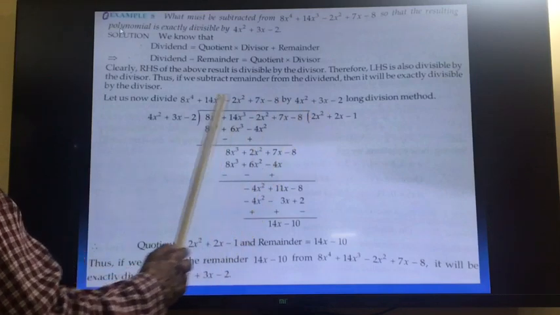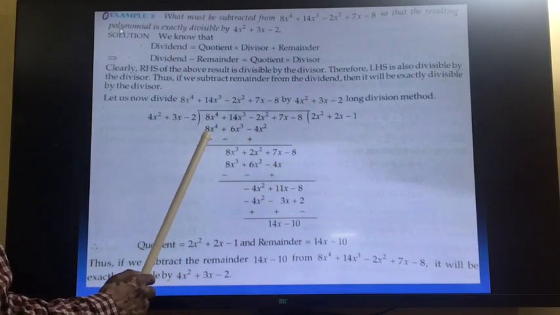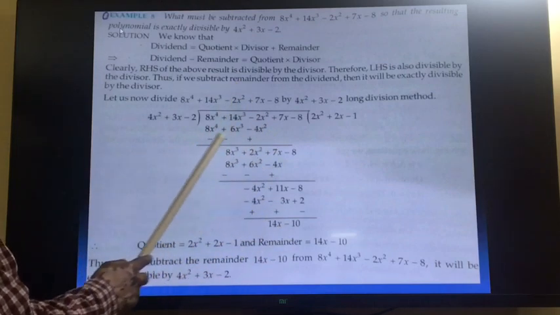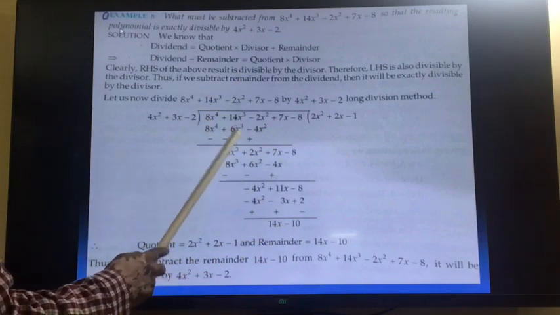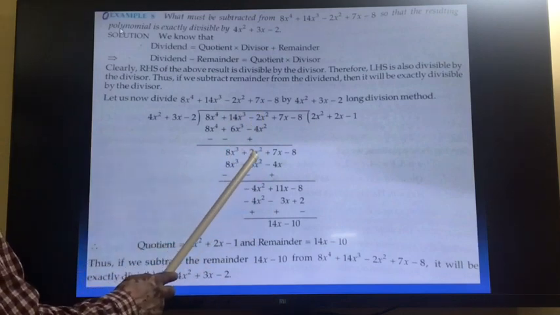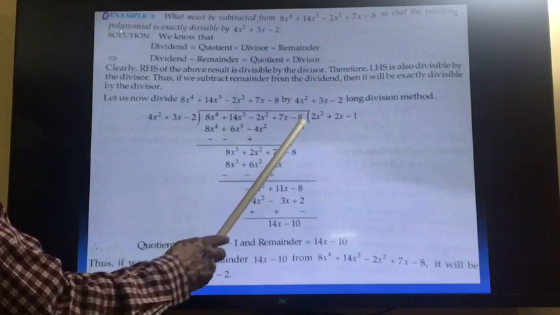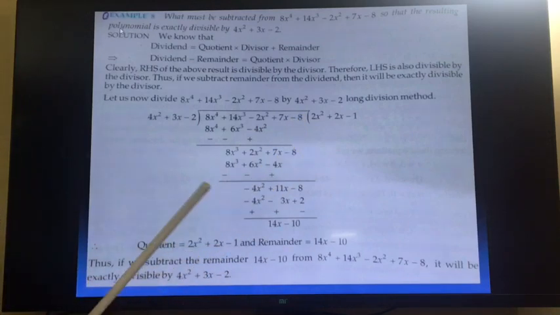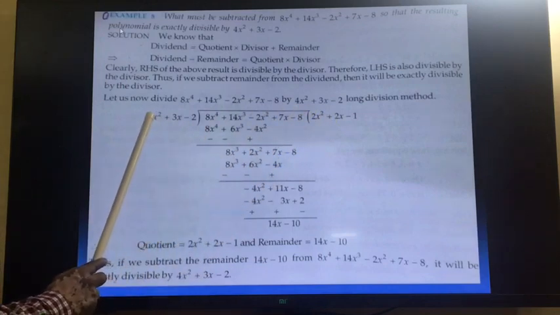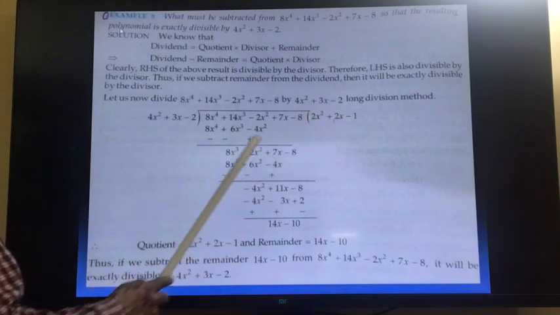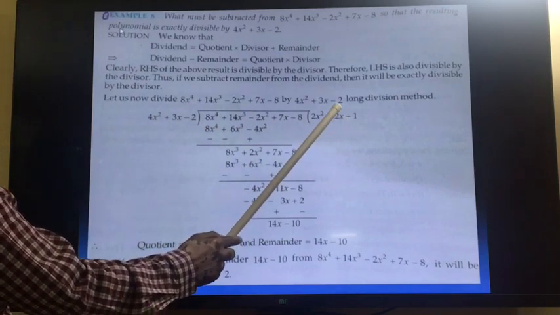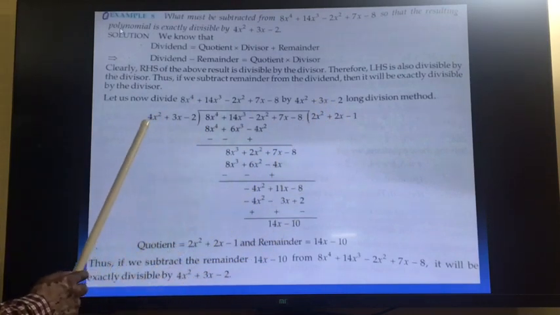So by 2x square you will multiply each term, so you will get 8x to the power 4 plus 6x cube minus 4x square. Change the sign, so this cancels. Here you will get positive 8x cube, and here you will get positive 2x square plus 7x, copy as it is, and then minus 8. Now you want number 8 and positive, so write plus sign. Here 4 you will multiply by 2, so write 2 here to get 8. Now you want power 3, but here power 2, so one more x is required here. So here we will write plus 2x.